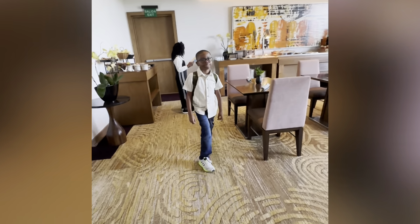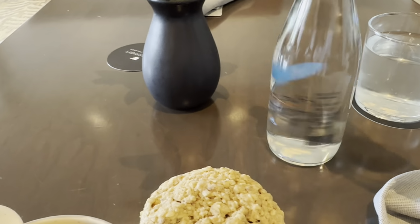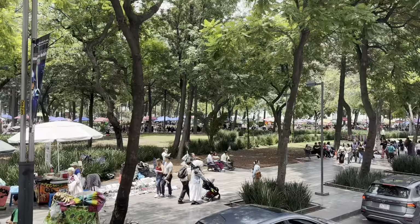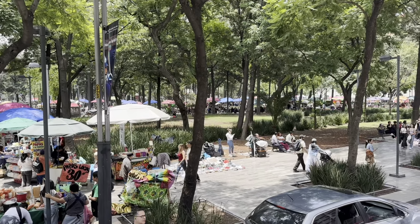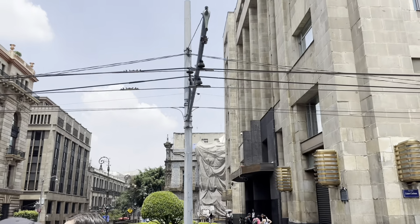So we had the pleasure of having our friends from home come and visit us this week, and we stayed at a hotel with them. And we went on a tour, what they call a tourbus, which is basically a tour bus of the city. So that was nice. We got to go to Centro Histórico, which is